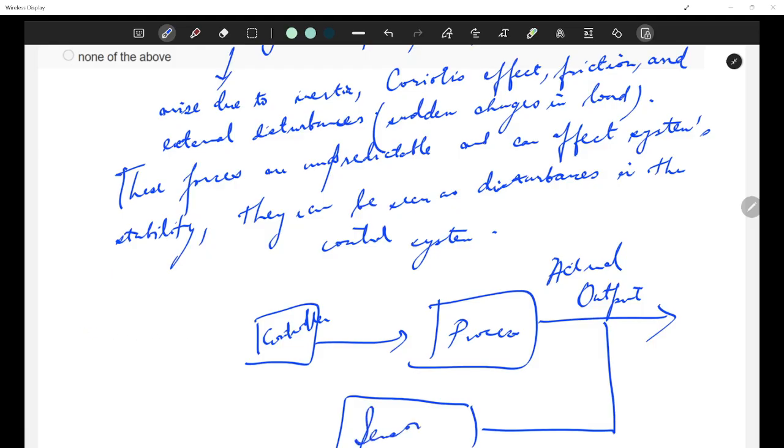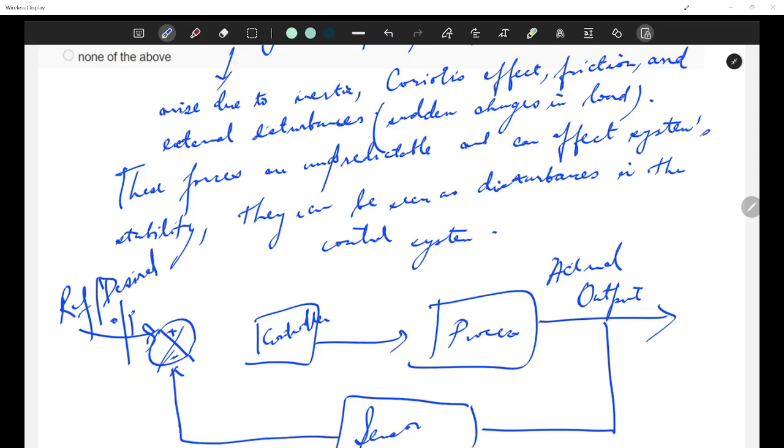Before the controller you have the error, the difference between the reference or desired output and what is sensed from the sensor, and you're calculating the error and passing it to the controller. It could be a PID controller, it can be some nonlinear controller, whatever it is.